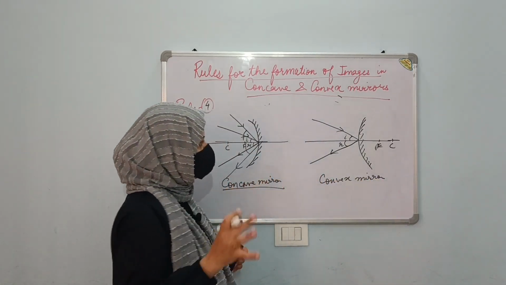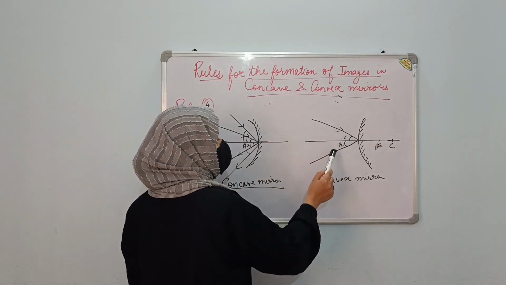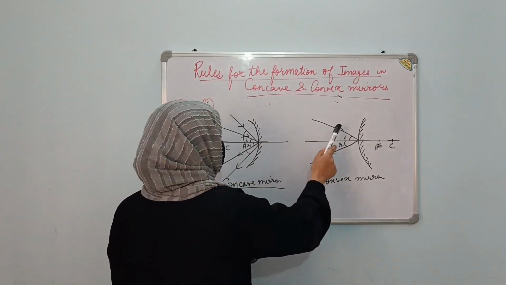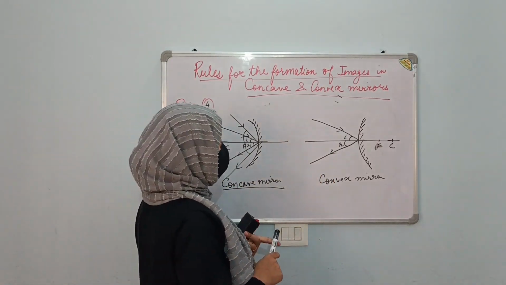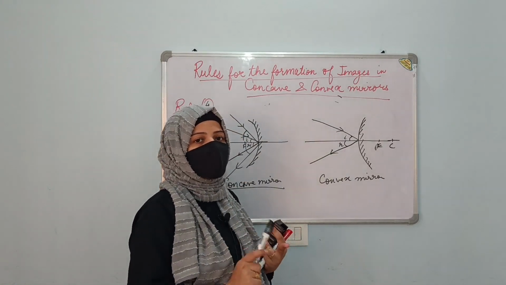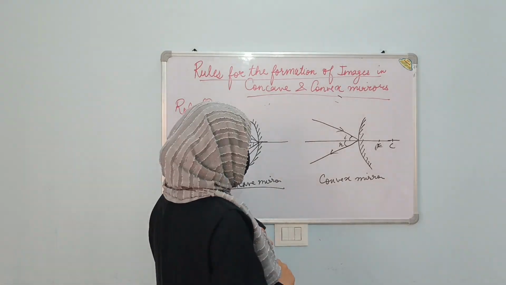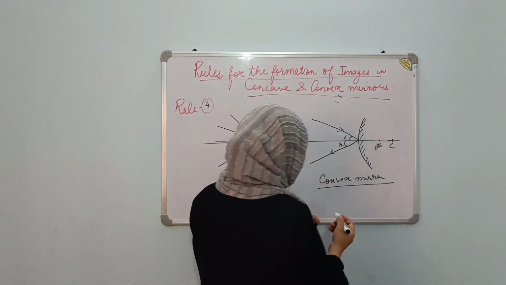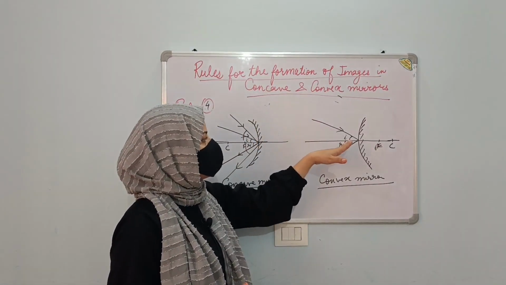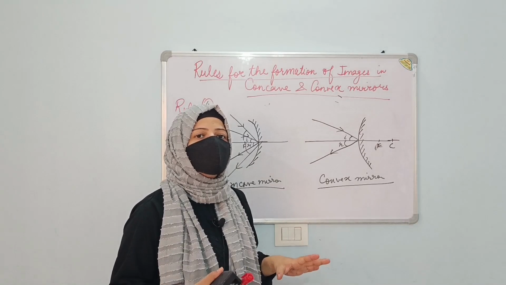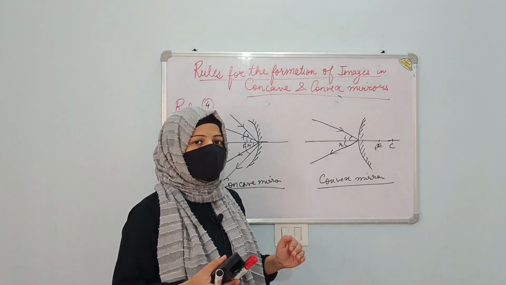Now, one thing you have to note, few points, that whenever you are drawing the diagram, always use a ruler, and this arrowhead should not be missing. You should not miss this arrowhead. It's very important to use the ruler. Always use ruler while making the diagrams. Second, don't miss the arrowhead, because it tells you which one is the incident ray and which one is the reflected ray. Okay, now next thing is that you should always remember that however the incident ray is falling or the reflected ray is coming out, whatever is the rule, the law of reflection is obeyed in all the cases. Okay, you can check it out.